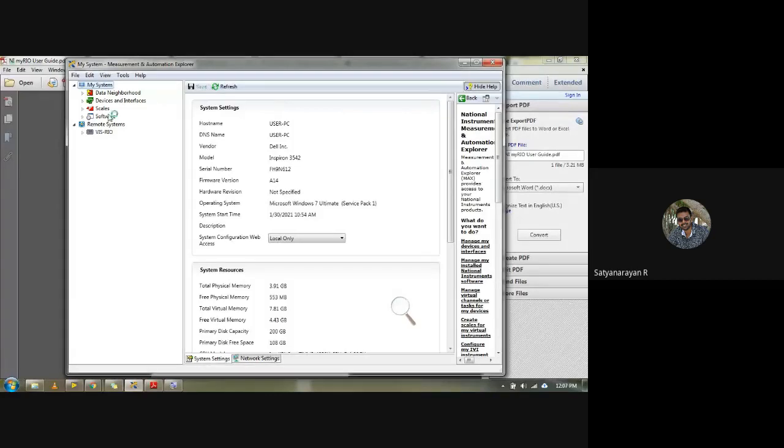Okay. So if you see here, if at all I try to open the NI MAX, okay. So under NI MAX, if at all you want to work with the myDAQ, you just have to go under the devices and interfaces. Okay, so if you just see here under the devices and interfaces,